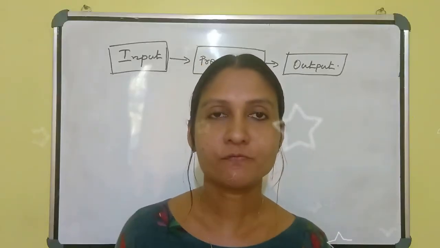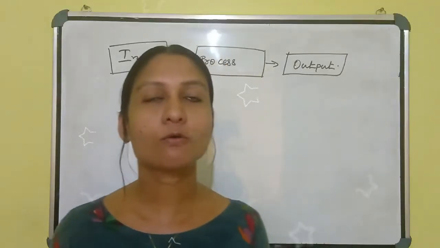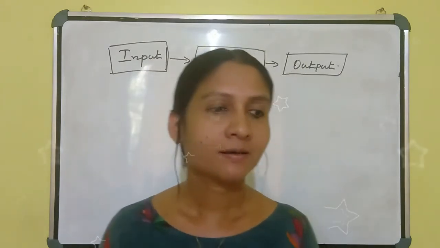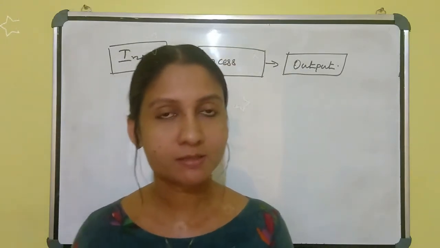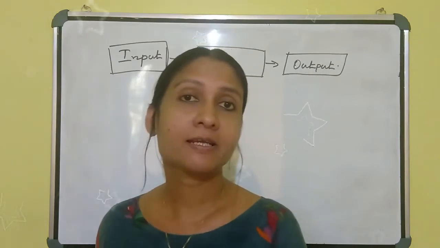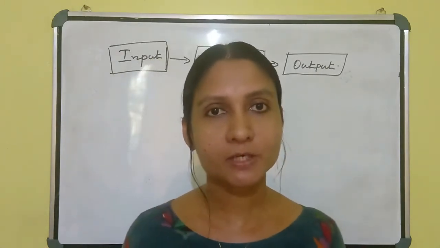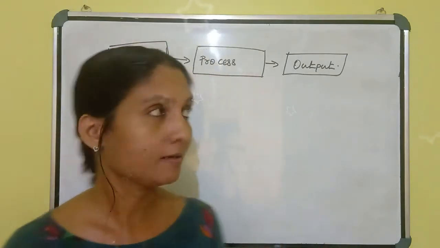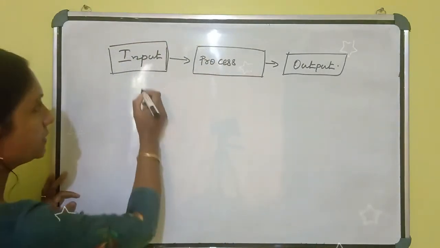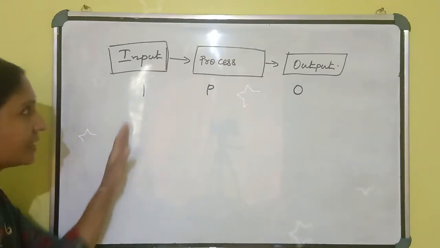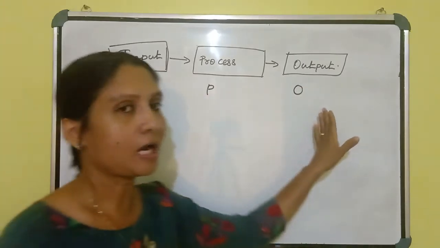Data processing is very important in computer operation. It also includes reading data from the user, processing the data, and displaying the output to the user. These are the processes, and that is what is called the IPO cycle. IPO cycle means input, process and output.